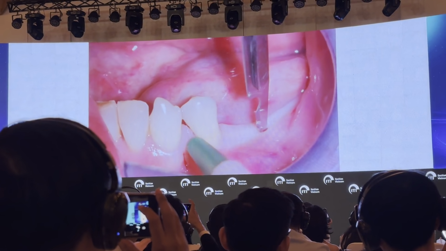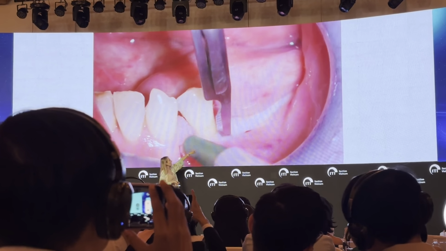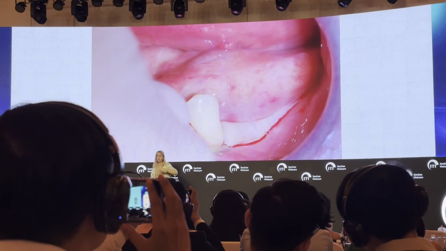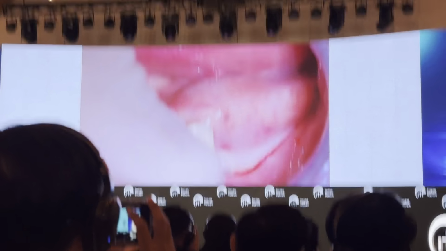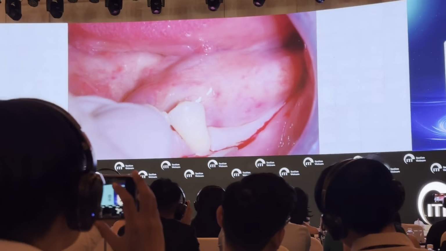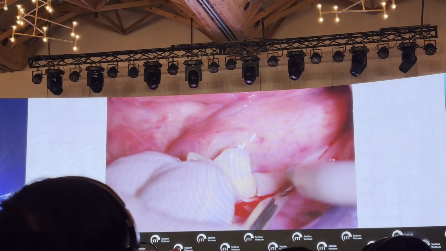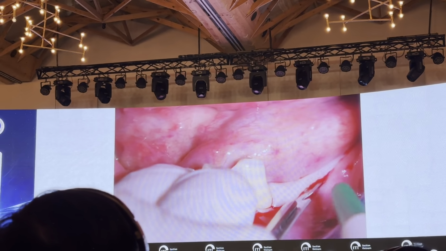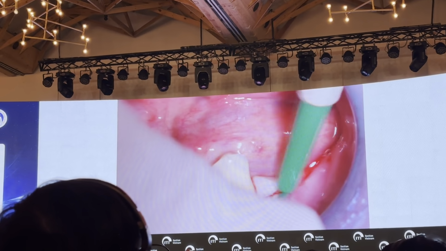In the premolar area, because of the complete absence of keratinized tissue, apical recession has increased. The goal is not to cover the root exposure, but to reduce the risk of further progression of the recession in an area with a complete absence of keratinized tissue. So the flap design is performed